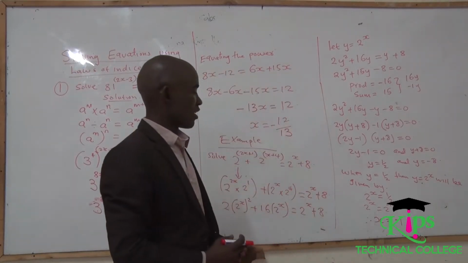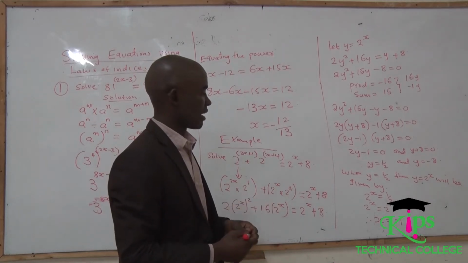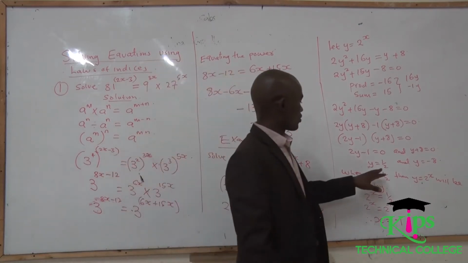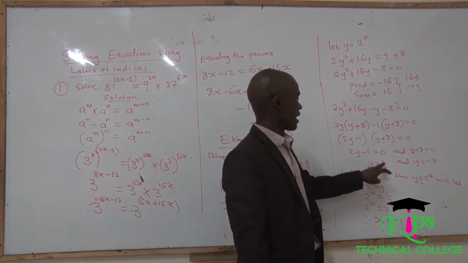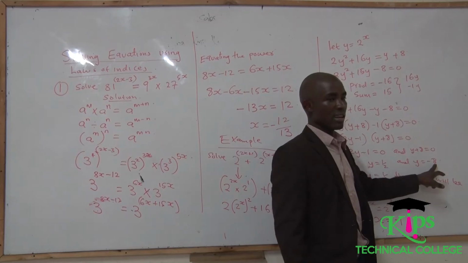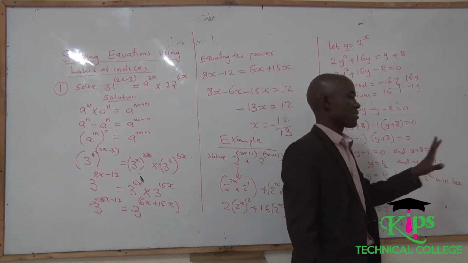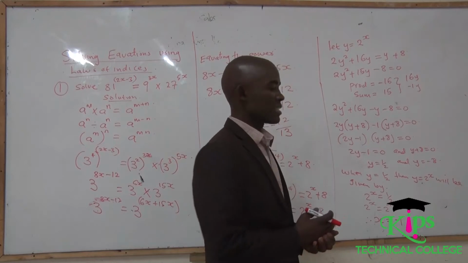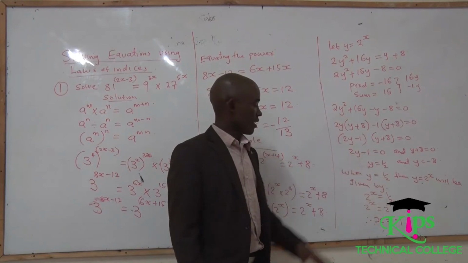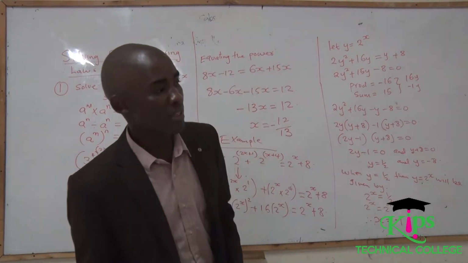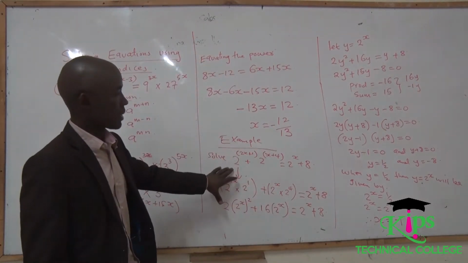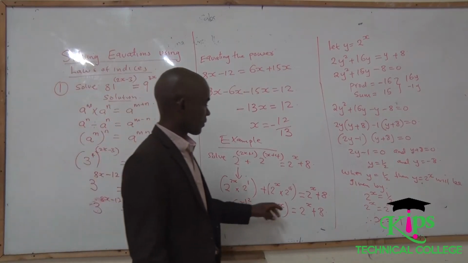And that one is now bringing us to the end of this particular question. But I need to mention this, that we got two values of y. The first one was a half, the second one was a negative. So if you find a negative answer, you do not do anything to that. You just ignore that part. You only concentrate on that part which is positive. So we are going to stop at that particular point. So that is the answer for this particular question. So we stop there.